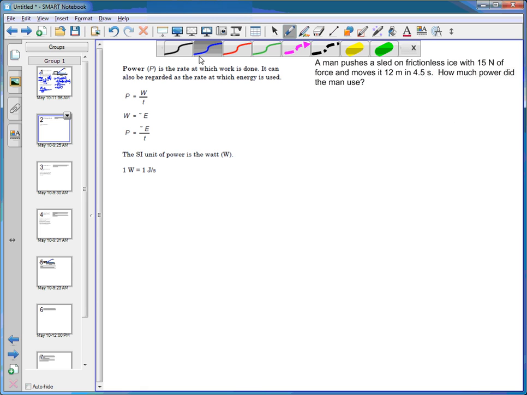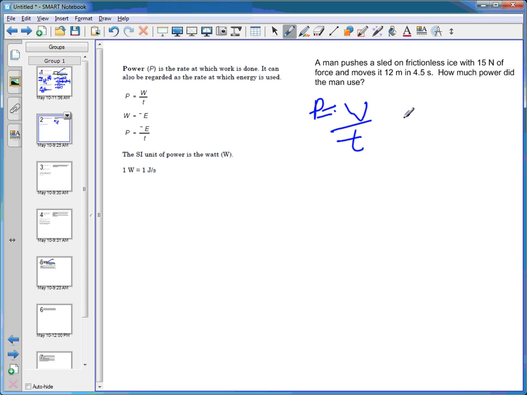Okay, well, power is equal to work over time. Work is equal to F cos theta d. In this case, we can assume that the force of 15 newtons is in the same direction as the movement because it doesn't give us an angle. Therefore, work is just equal to